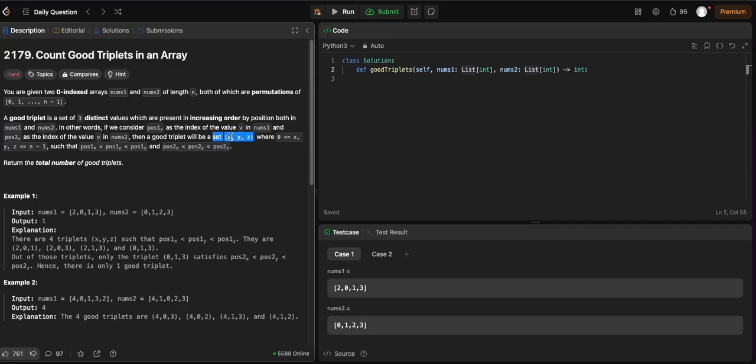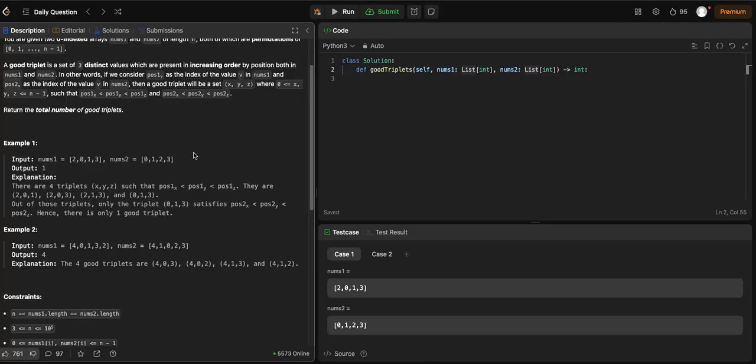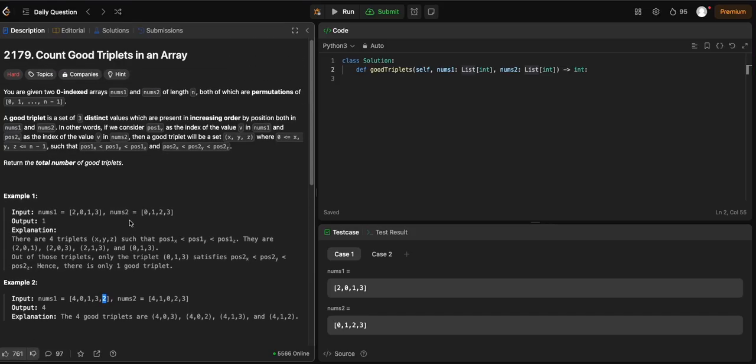Does it say that x has to be smaller than y, and smaller than z? I don't think so. So you can have something like this, right? Wait, the four good triplets are